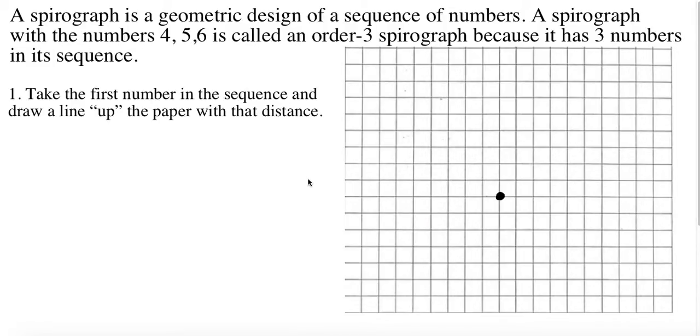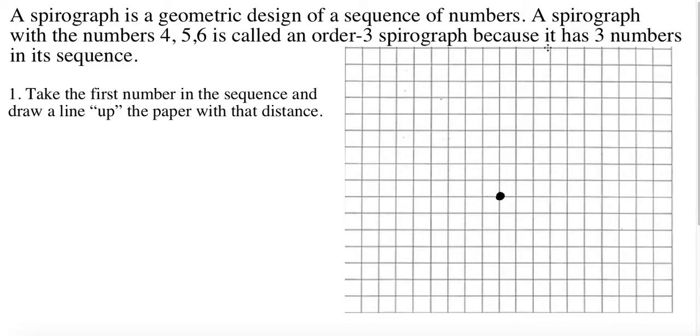In this video, we'll be talking about the problem of the month, specifically the level C portion of the problem of the month. And within your packet, you're going to see them talking about spirographs. Now, a spirograph is a geometric design of a sequence of numbers. A spirograph with a sequence of 4, 5, 6 is called an order 3 spirograph